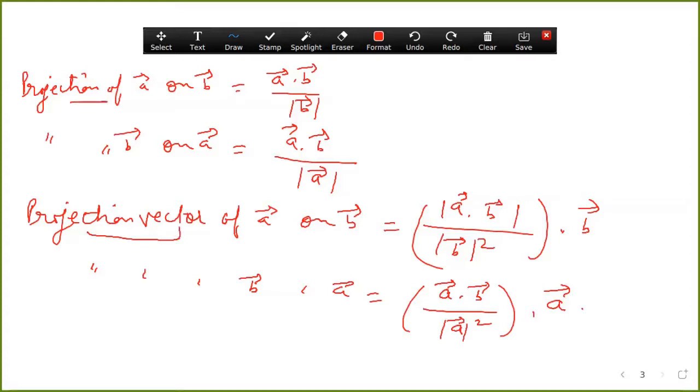This is only projection of A. There's a difference. Now for the angle, if you want to know about the angle, if theta is the angle between A and B,